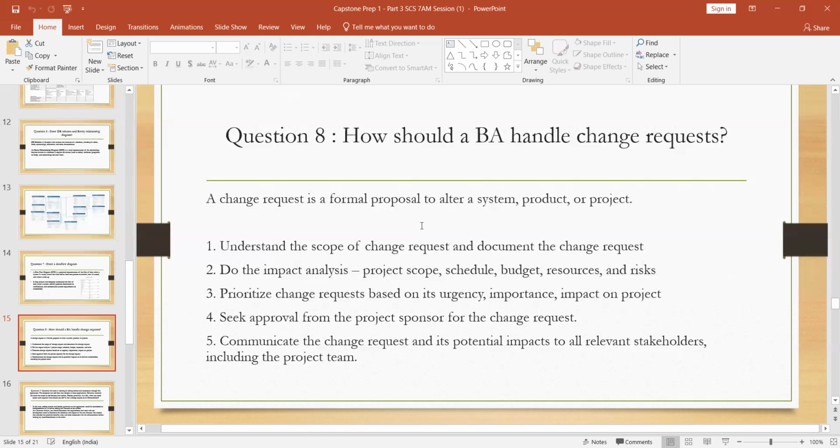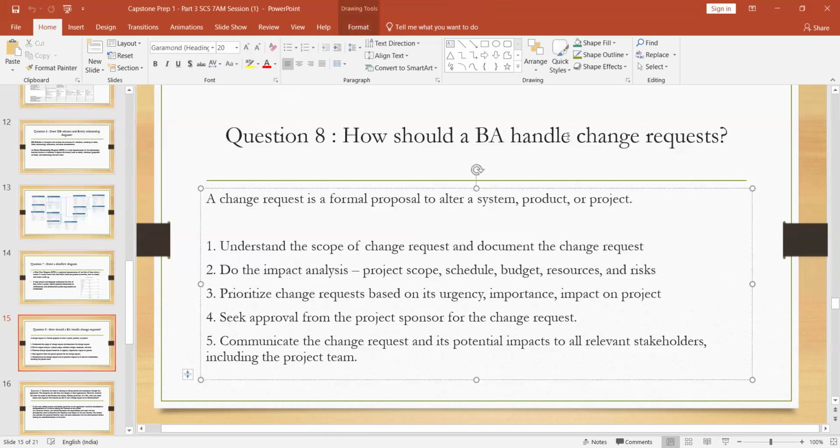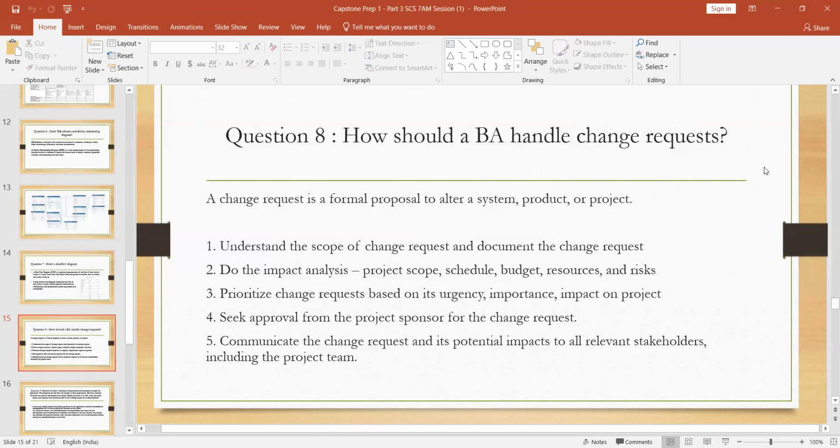So for example, I will give you one real-time example here. We don't only get change requests from the client side. Okay, there are many ways we get change requests, guys. So for example,